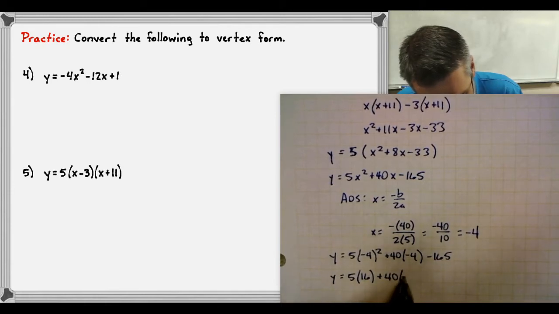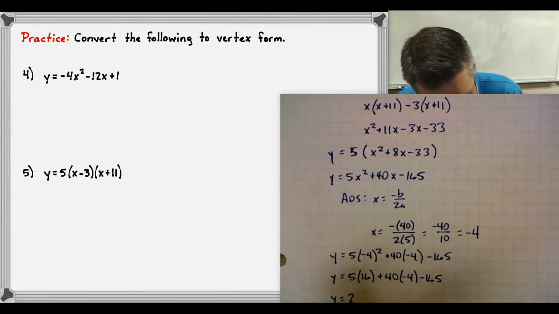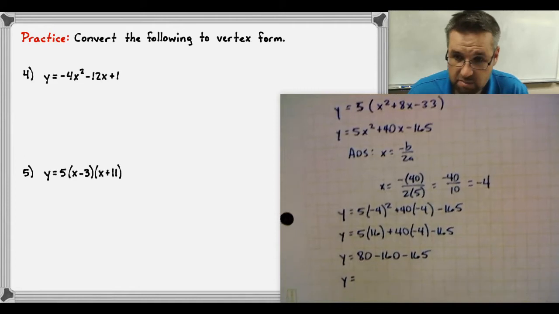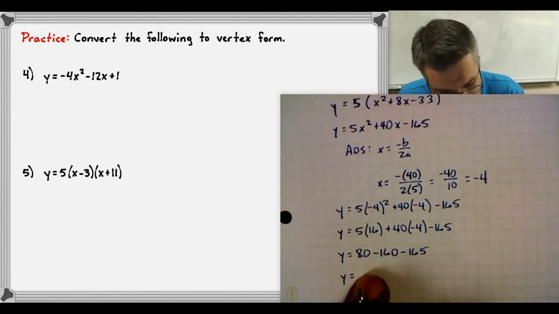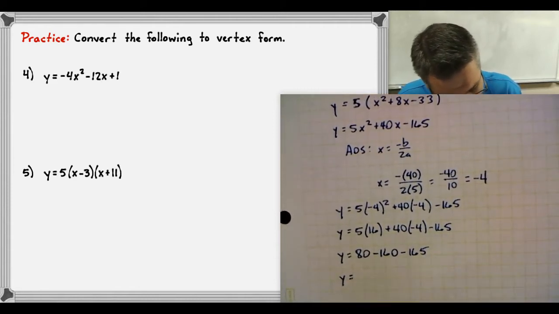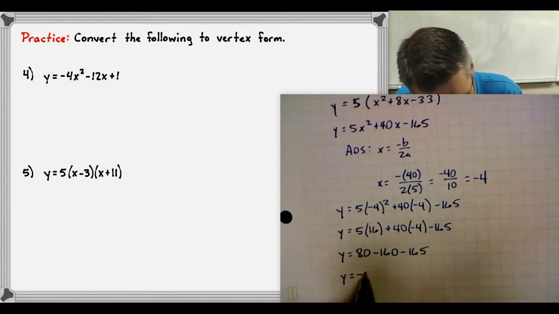And then we'll carry everything else down. And then we end up with, well, 5 times 16 is 80. 40 times negative 4 is negative 160, and then minus 165. Simplifying that, this is going to be a pretty big number here. 80 minus 160 is negative 80. Minus 165 is negative